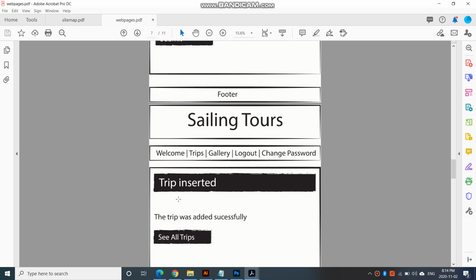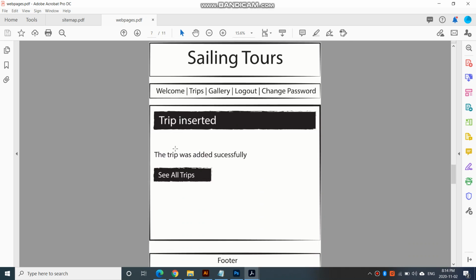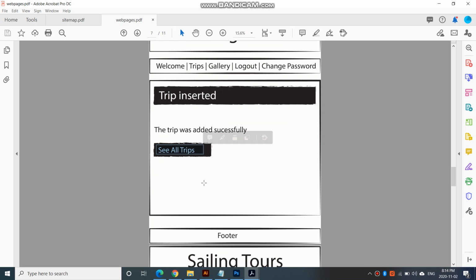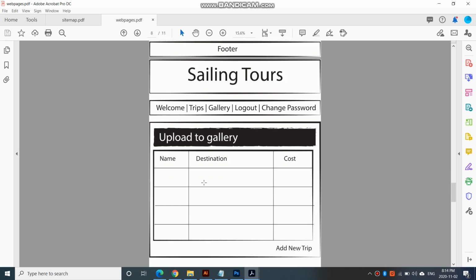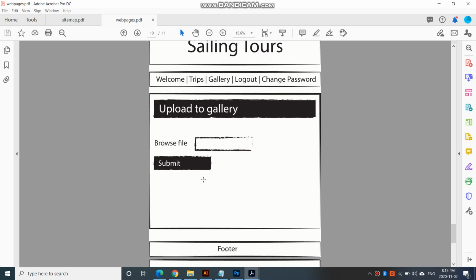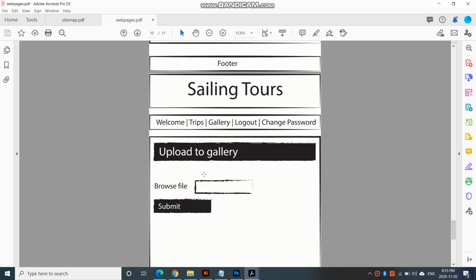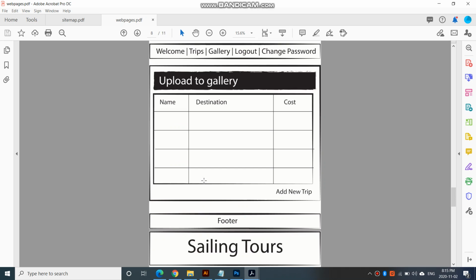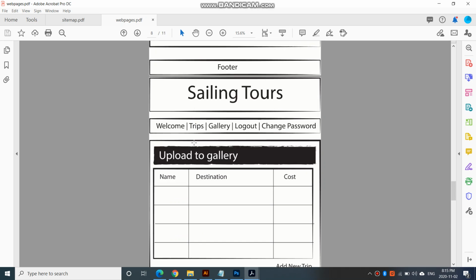After you submit, it will go to the page that says trip was added successfully. Okay, trip inserted, and you can click here, then add a button, click here to see all trips, and then when you go see all trips, it will show you all the trips. Oh, I'm missing that page. There we go. See all trips. It will show you all the